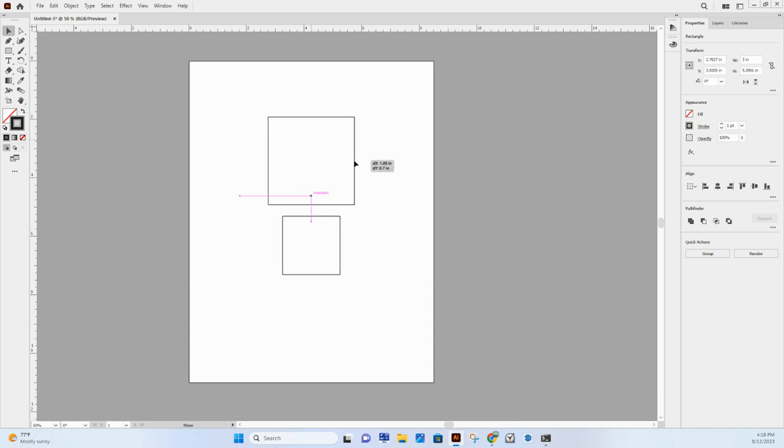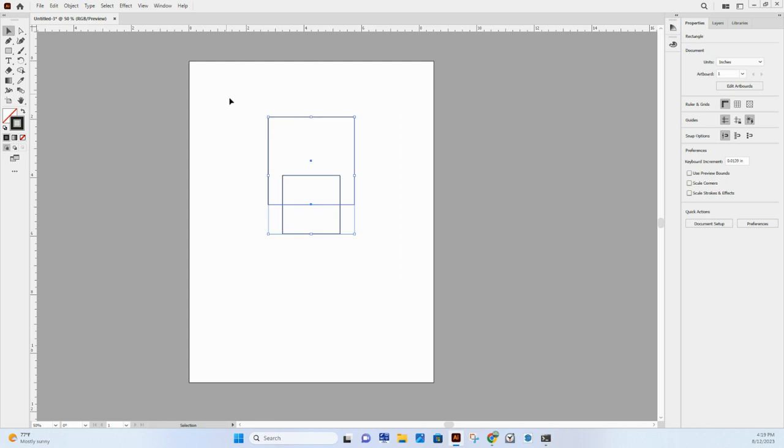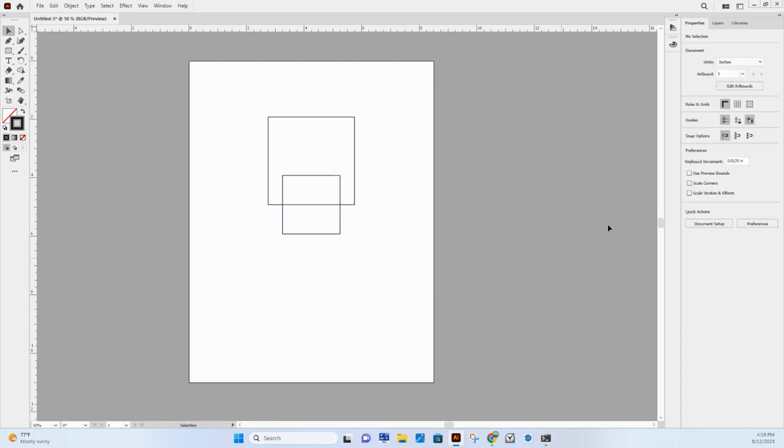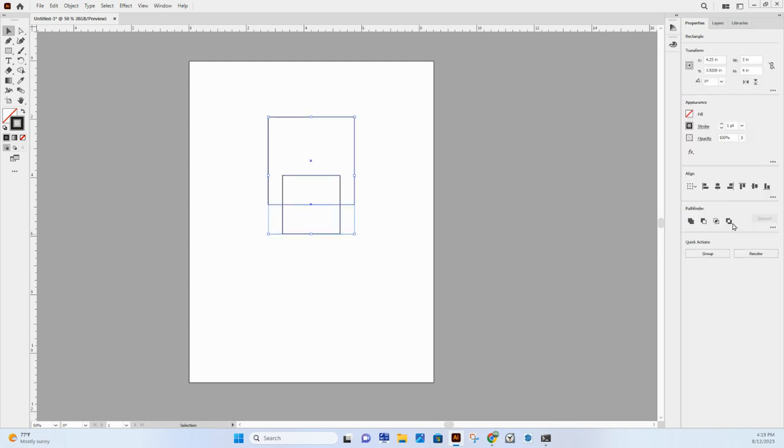Now for this example, what I want to show you is another thing here called Pathfinder. So I'm going to click the second, smaller square and drag it, keeping it centered, and snap it so it's centered there. Just to double check, I'm going to highlight this and click center align. Okay, so what we can do is select both of these, and where's the Pathfinder icon,